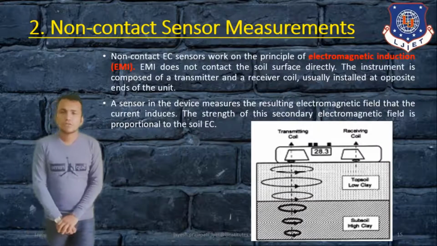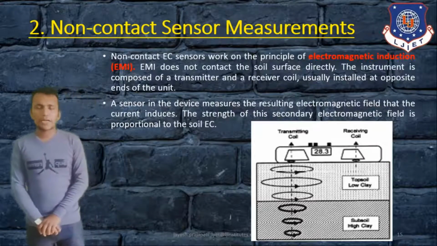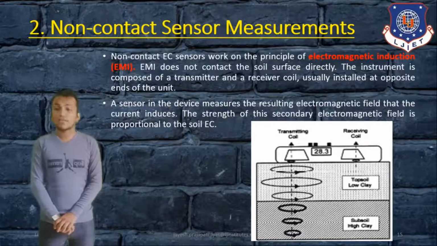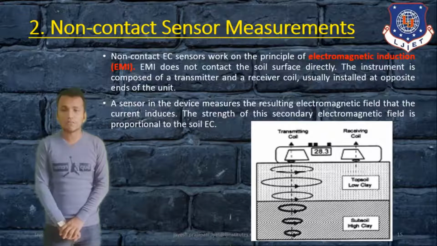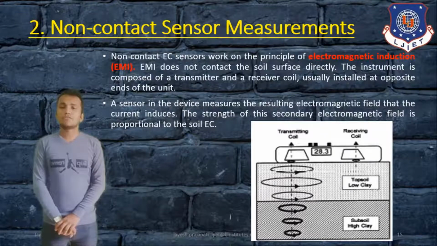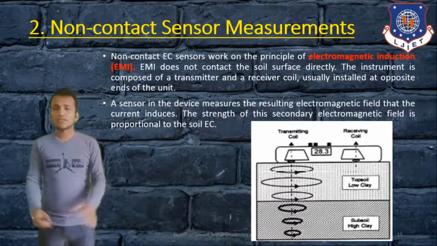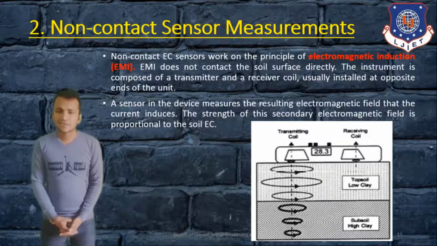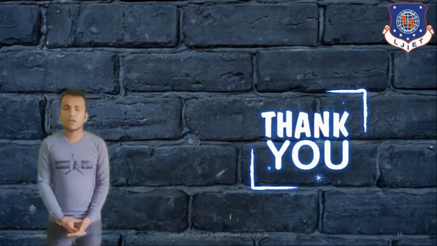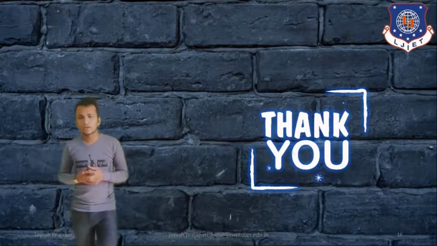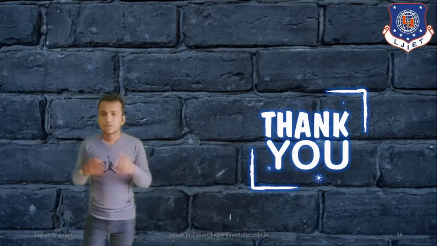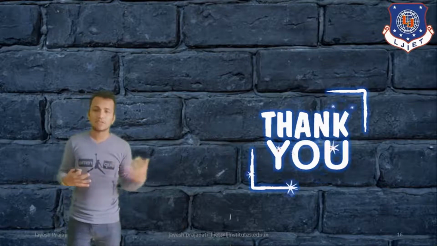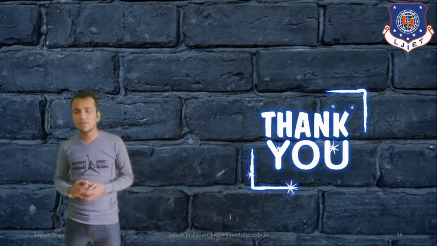Okay. So there are two methods for conductivity measurement, contact type and non-contact type. And for resistivity measurement, there are two methods, the Wenner method and the Schlumberger method. These are the methods that can be used for measurement. In this session, we have discussed only these two properties, resistivity and conductivity, and the different methods for measuring them.